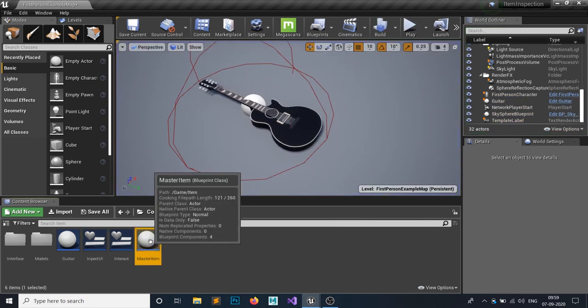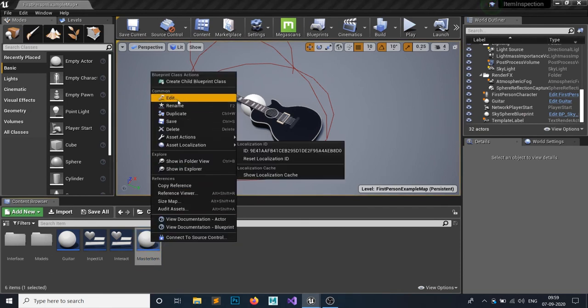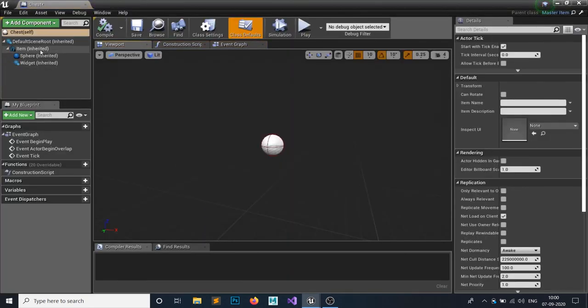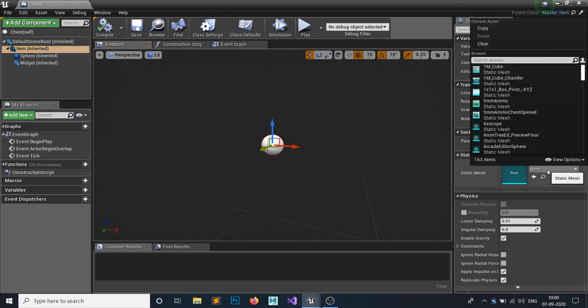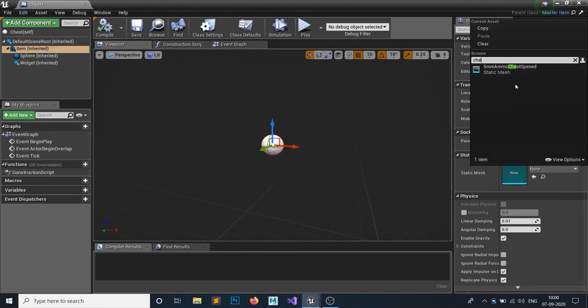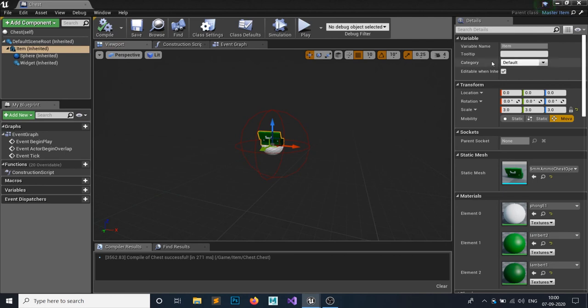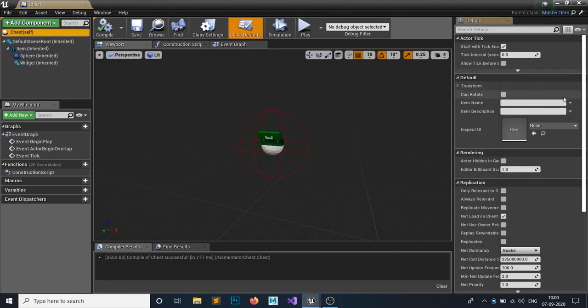Let's create another object to test this out. Just create a blueprint class, and let's make a chest. So the item would be our chest. A 5mm ammo chest. This looks good, so this would work fine. Click on your chest self. You can see you have access to all the variables of your parent.